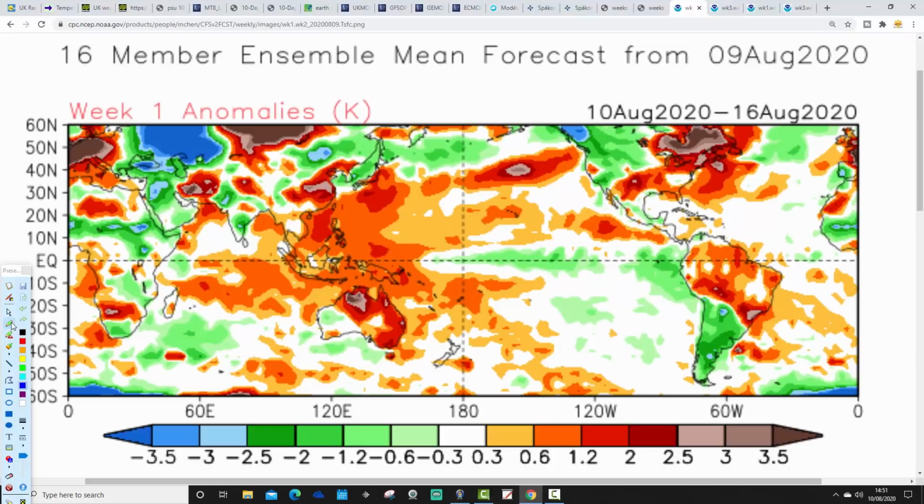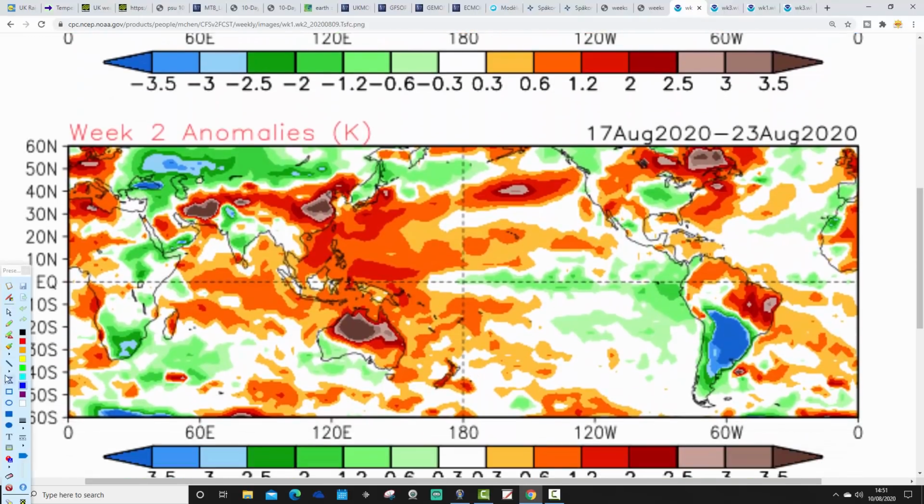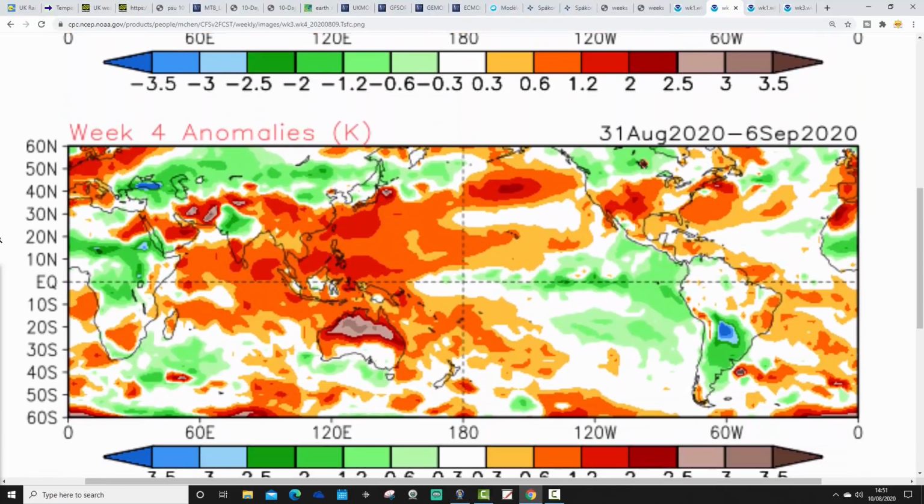Temperature anomalies in the week ahead from the 10th to 16th of August are particularly hot across England and Wales, but all areas warmer than average. Week 2 temperature anomalies from the 17th to 23rd of August, again significantly warmer than average. Week 3, which did look a little bit cooler and more unsettled, is still quite warm actually. It's 24th to 30th of August. That's still a little bit warmer than average. And week 4 rounds it all off. This is the 31st of August to 6th of September, and that one is also